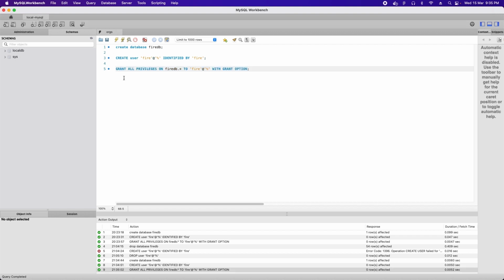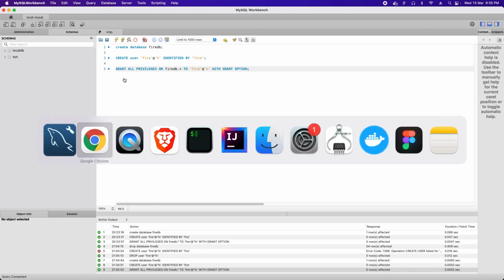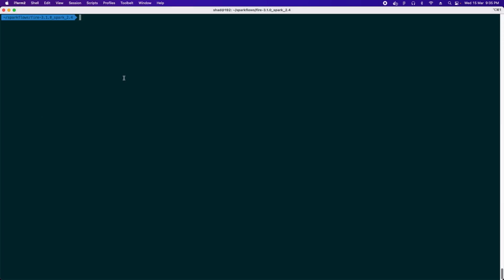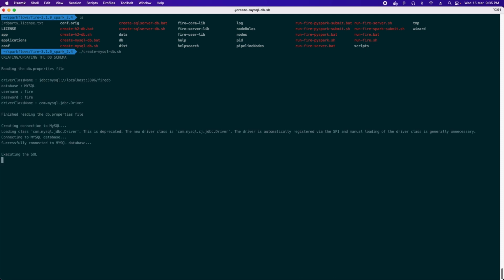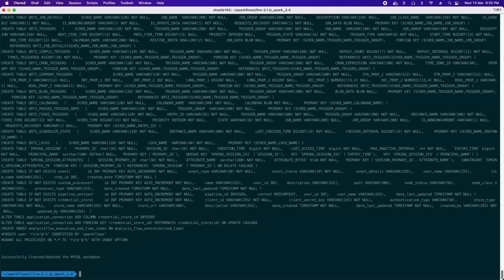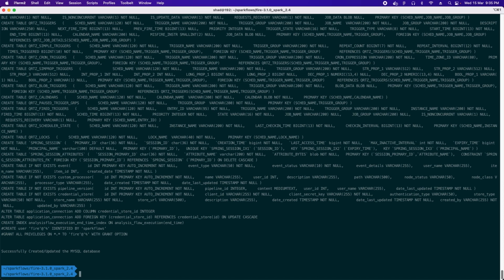So now that we have created all the database required and granted the privilege to the new user, we would start creating the tables. So let's go to the terminal, and over here we can see there are a bunch of scripts. We would be using the create MySQL DB script in order to create all the tables. As you can see, all the tables have been created, but before we run this particular script,